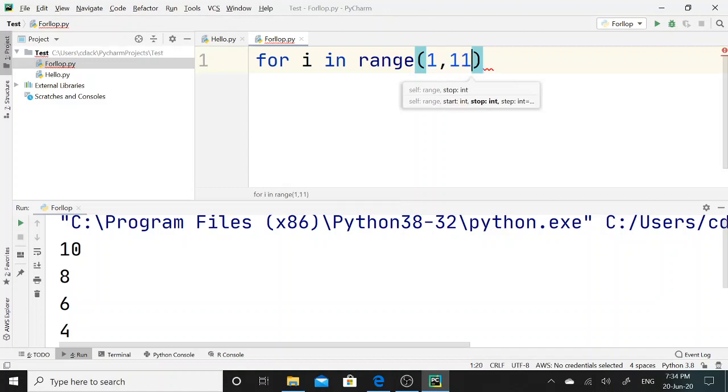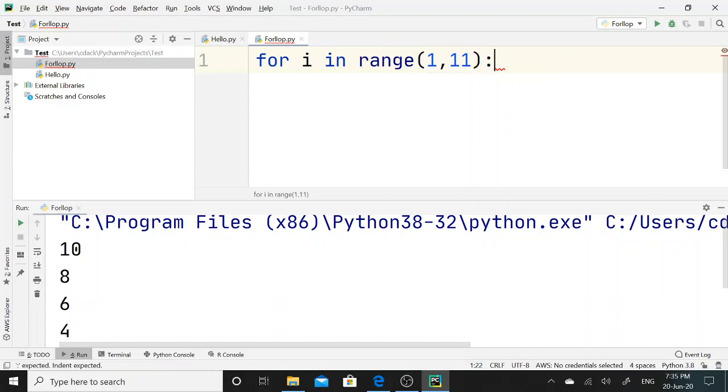This number will not be included in the for loop, and when the number 10 gets printed, this for loop will be terminated. The third parameter is optional. If I don't mention the step over here, that is either +1, +2 or -1, by default it will increment by 1.